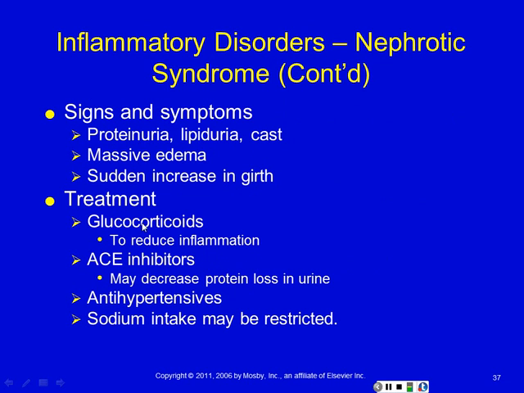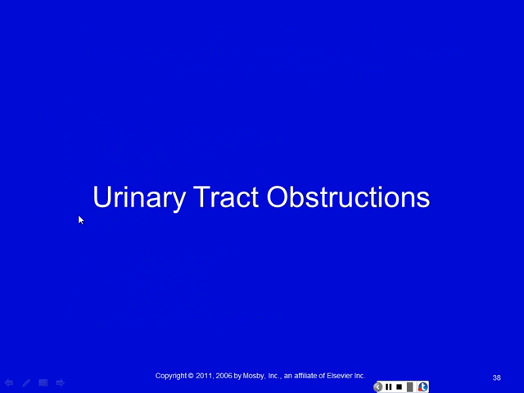And then treatment, again, it's an inflammatory disorder. So what do we throw at inflammatory disorders? Steroids. So glucocorticoids. ACE inhibitors can actually decrease the protein loss in urine. Antihypertensive if they are hypertensive. And then, again, limit sodium. If you limit the sodium intake, that limits the problem of these leaking capillaries. All right, so